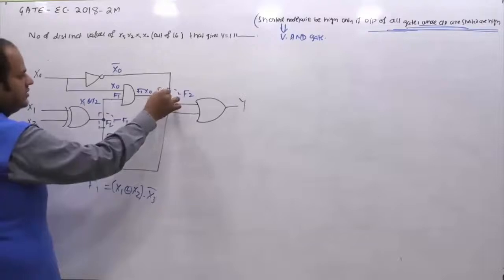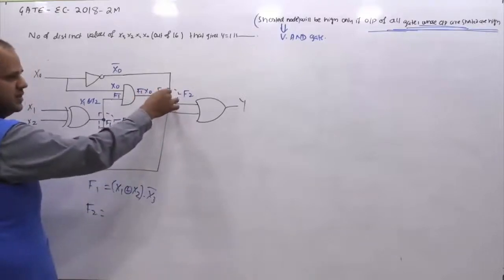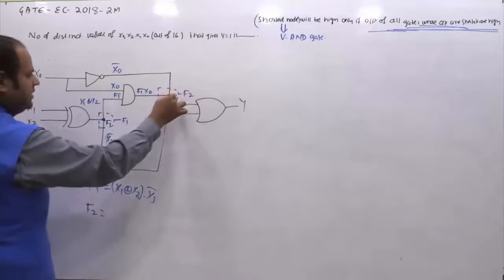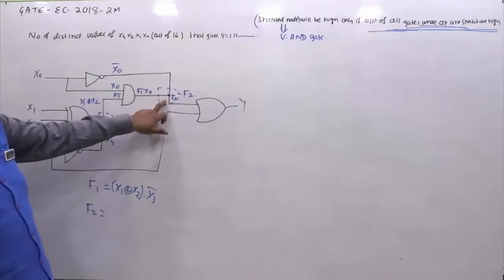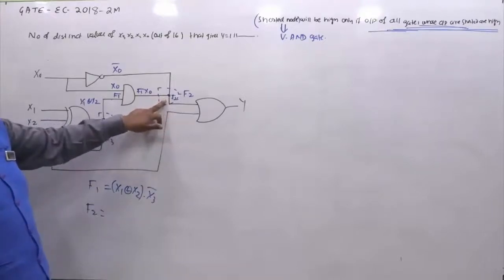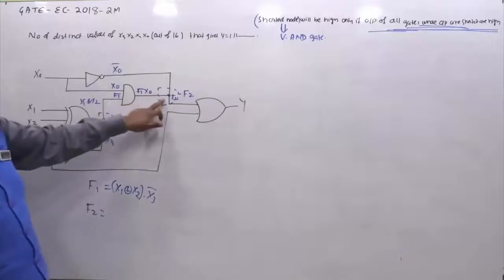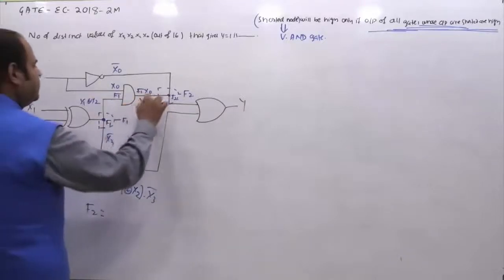Similarly, what is this F2 then? So F2, that is this node logic expression which I am showing as F2. So this itself is F2 actually. Again I am telling you, the expression of the node is nothing but the AND combination of the output of those gates which are shorted here. So this node F2 is equal to the AND combination of this and this.